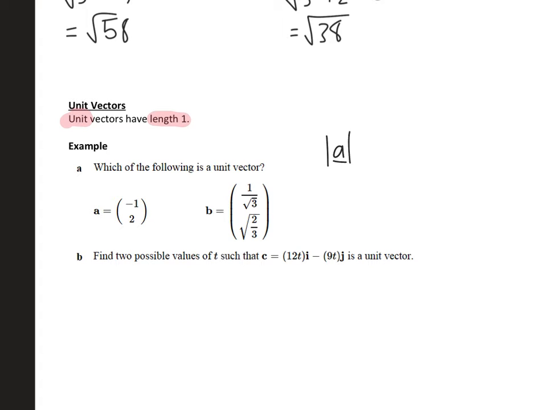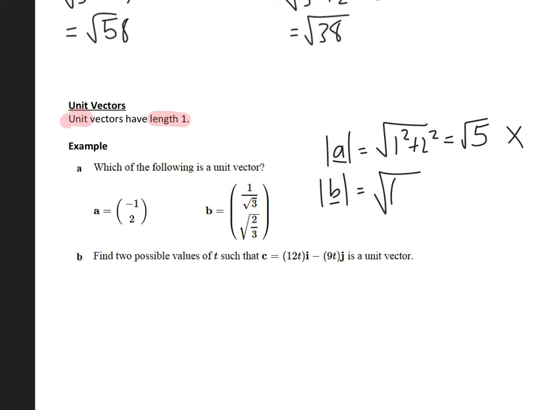So for A, I do square root 1 squared, add 2 squared, so root 5. So that's not a unit vector. Root 5 is not 1. Whereas for B, it would be square root 1 over root 3 squared plus root 2 over 3 squared, which does give me 1, so that one is a unit vector. And for part B, find 2 possible values of t such that c equals 12ti minus 9tj is a unit